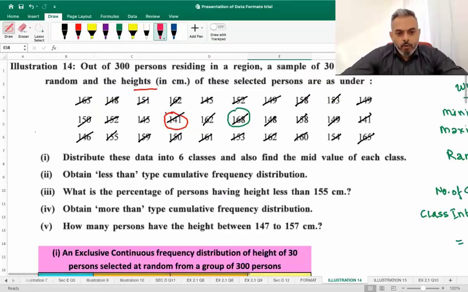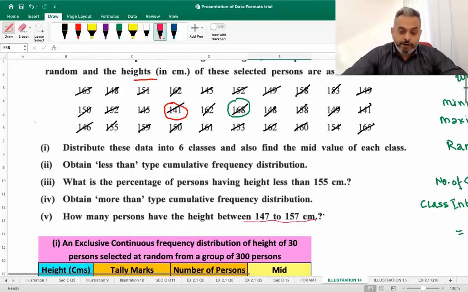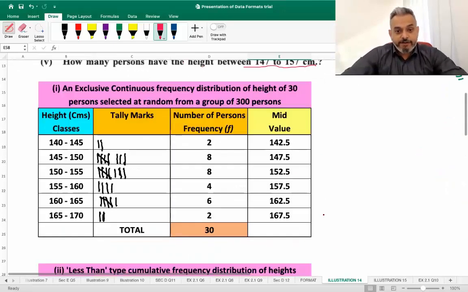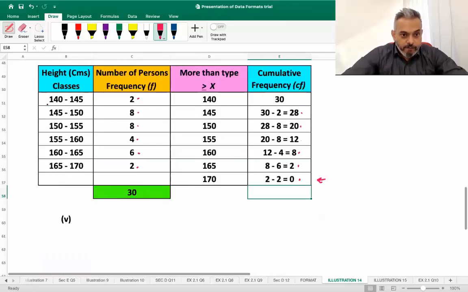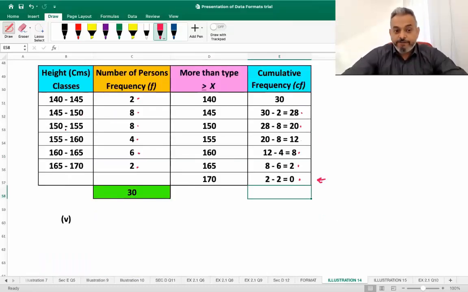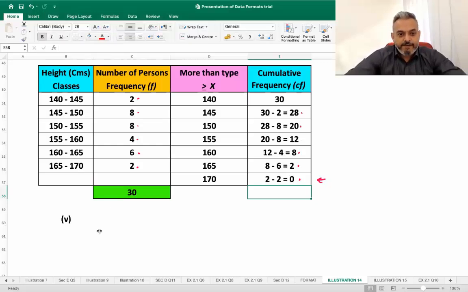Now, over here, in the fifth one, how many persons have their height between 147 to 157 centimeters? So we have to find the height between 147 to 157. Over here, 145 to 150 we have, 150 to 155 we have, 155 to 160 we have, but we don't have 147 to 157. So we will have to find it out. Nothing to worry. Okay, let's start